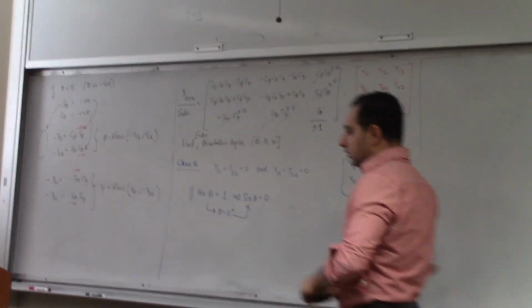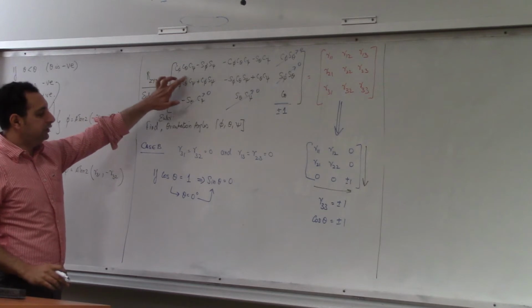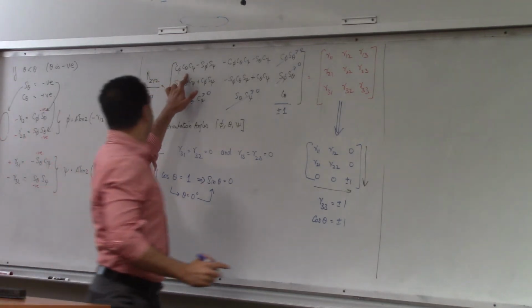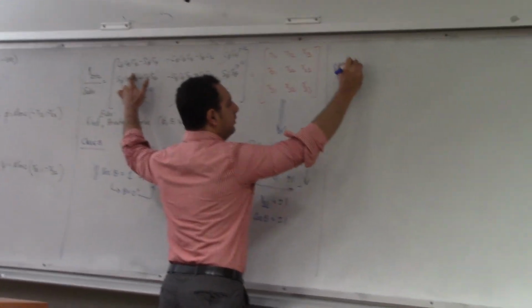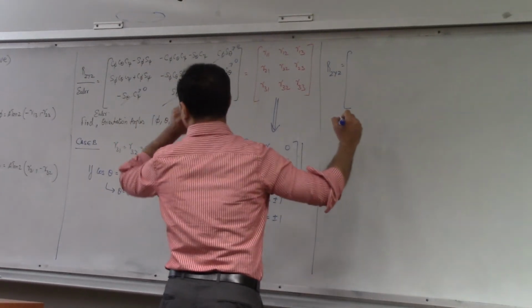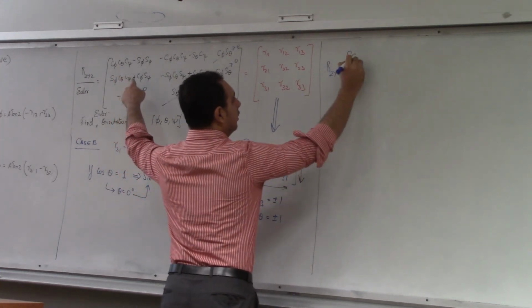So if you substitute sine theta equal to 0, or cos theta equal to 1, you will have RZYZ reduced. This will be reduced to cos theta is 1, so this will be cos